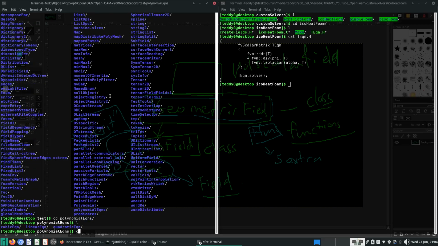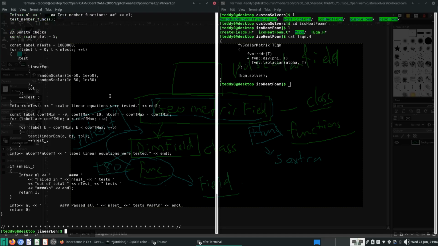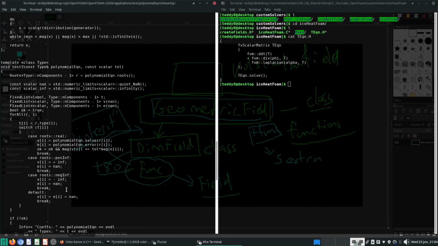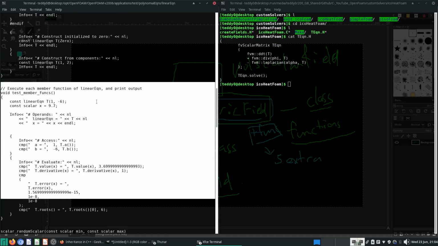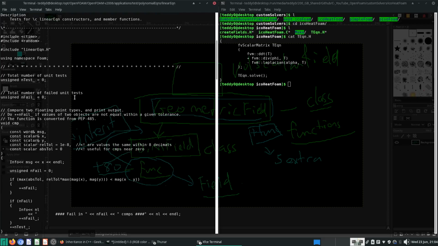Specifically polynomial equations. So if you see here, there is actually a C++ code for linear equations, which we were testing in the last few videos. These are some, or this is an example file of how to use this linear equation